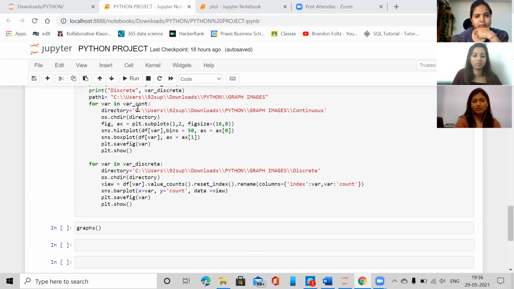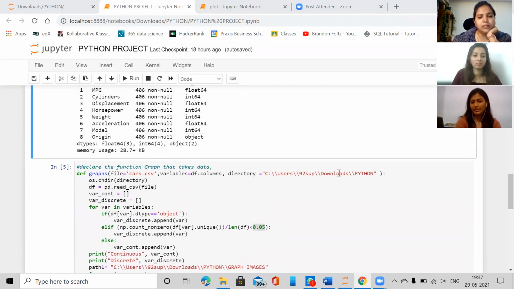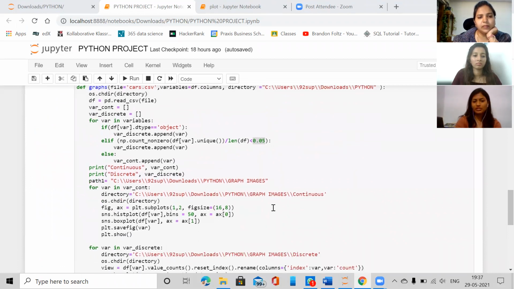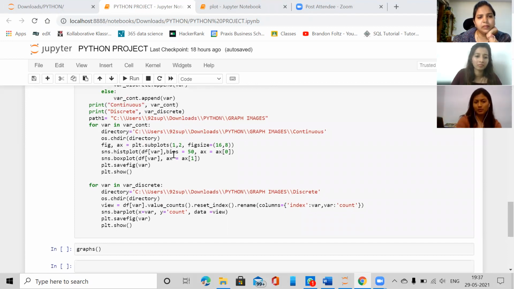First, over here, we are iterating each variable in our var count list, which contains all the continuous variables. And then we have changed the directory, which was by default the working directory, to the directory where we want to save our images. So we have passed the path over here. And then we have chosen histogram and box plot for our continuous variables.